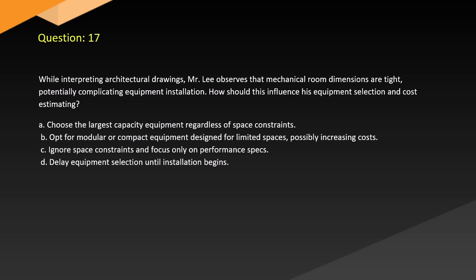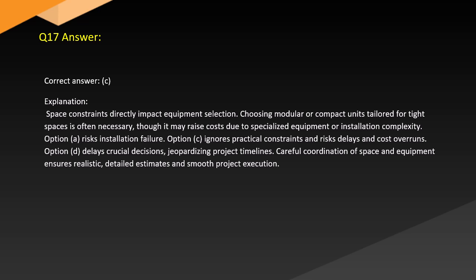C. Ignore space constraints and focus only on performance specs. D. Delay equipment selection until installation begins. Answer. Correct answer: C. Explanation. Space constraints directly impact equipment selection. Choosing modular or compact units tailored for tight spaces is often necessary, though it may raise costs due to specialized